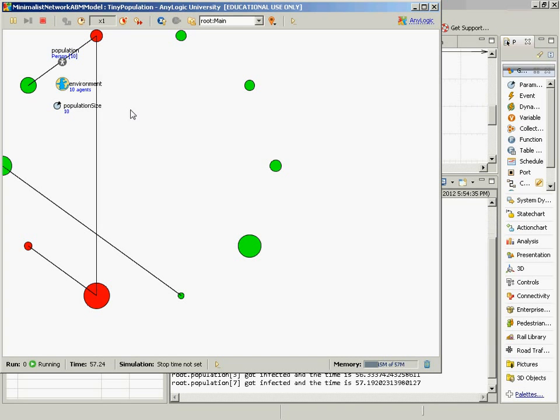So if A is connected to B, B is connected with A. When we have three possible agents, we only have 3 possible connections. And in general, I think if we have n agents, we're going to have n times n minus 1. So each person can only be connected to n minus 1 other possible people